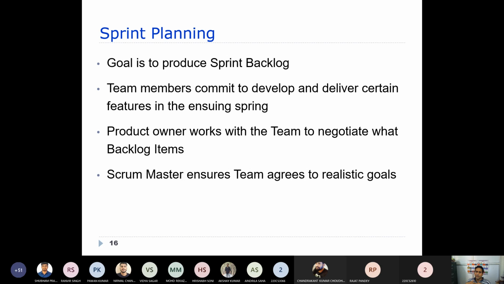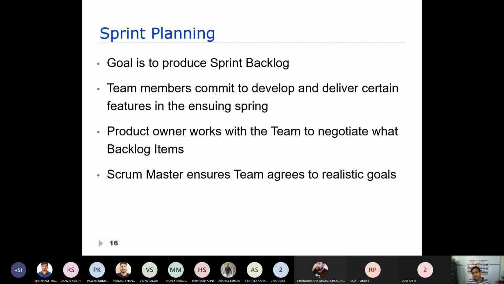As I told you, the product owner exactly represents the customer view. He is the one who wants what features to be developed when. So in consultation with the product owner, we finalize what items need to be included in this particular sprint.